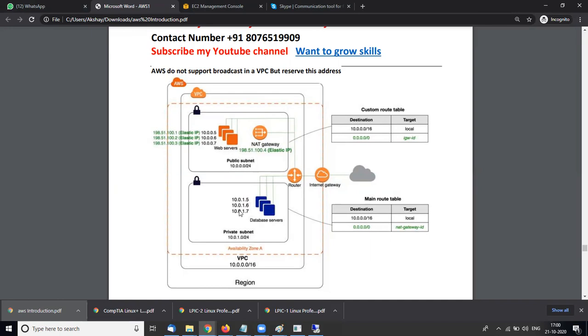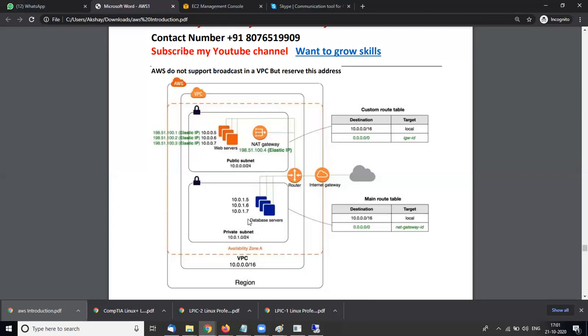But now, if I use the NAT gateway, I can connect directly to my private server, right? Yes, because the NAT gateway has a public IP, an elastic IP. So you connect directly with the NAT gateway and then connect with your private network.